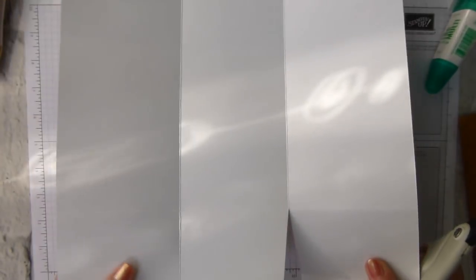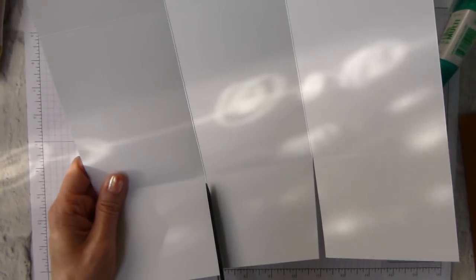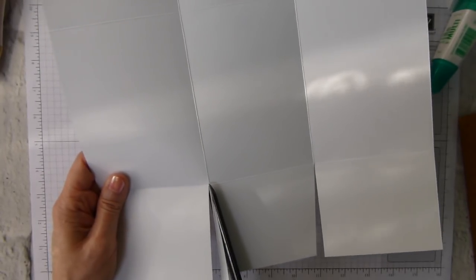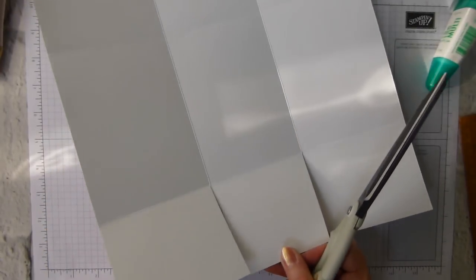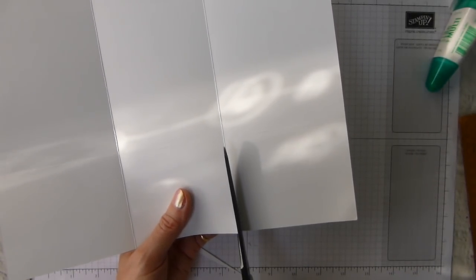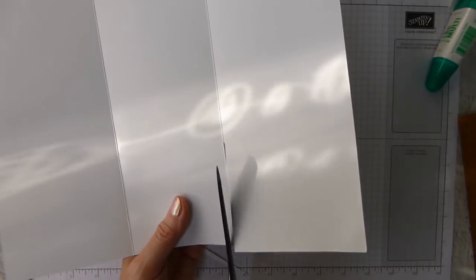These are not my favourite scissors, but they are the only ones I've got that are the right size for this particular project. I'm hoping one day we might get big scissors back, and then I can get some nice big Stampin' Up scissors. So then just wedge again. So you're basically just cutting either side of the score line, with the score line to the inside,